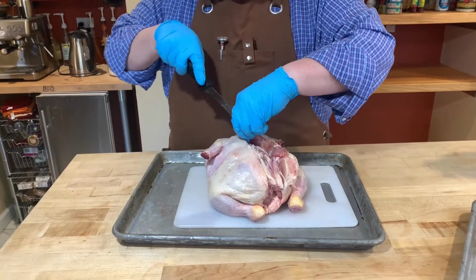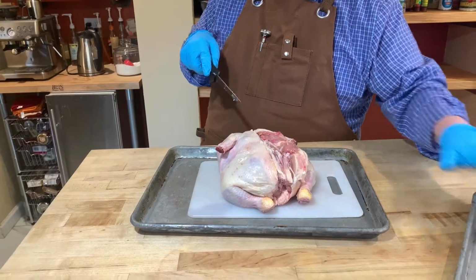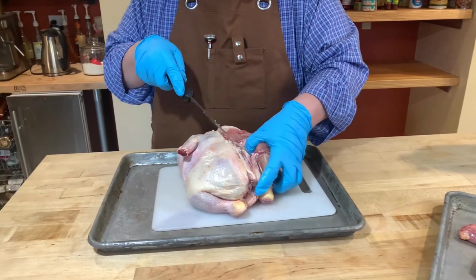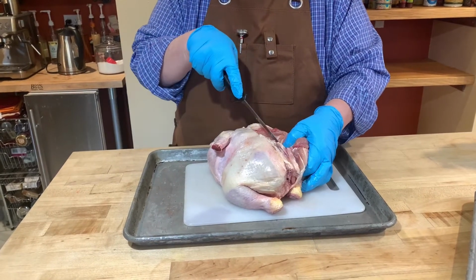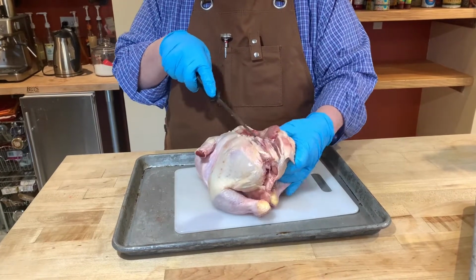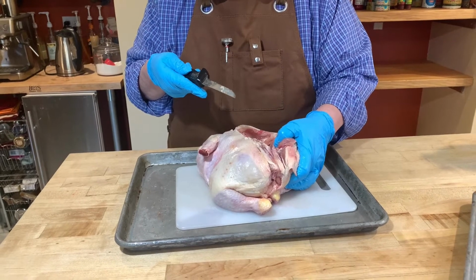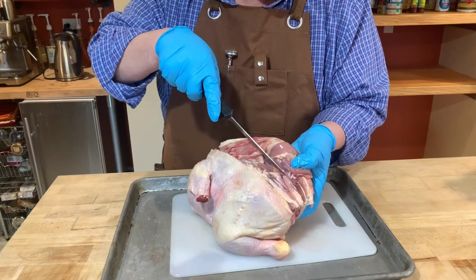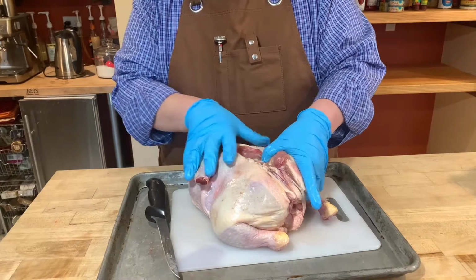Now, what I have in the front of this, or actually it's going to be the bottom of the chicken, is this thigh bone. The thigh bone is connected here to this carcass, and I know the minute I said that, everybody started thinking about the song about the thigh bone connected to, well, I'm not going to sing that. But what I want you to see is this joint. And you just simply have to move it around, and this is something you need to do, is just extend it where there's a little bit of a snap. And as soon as you can get that snapped,